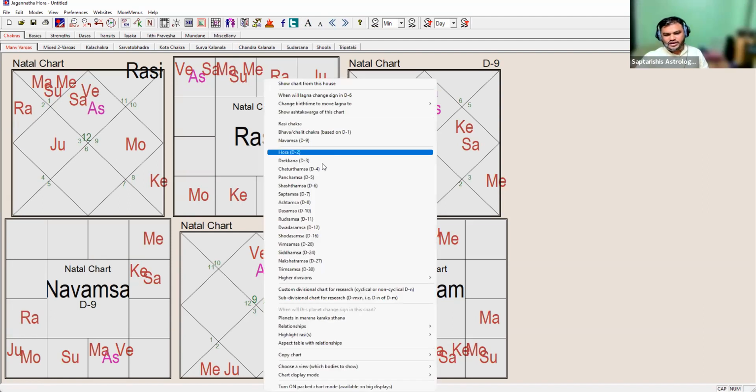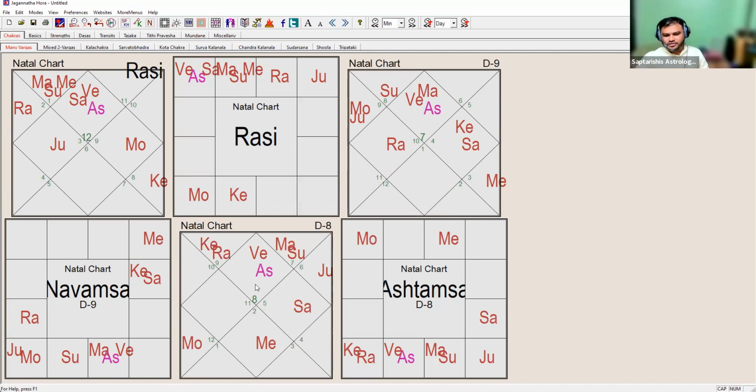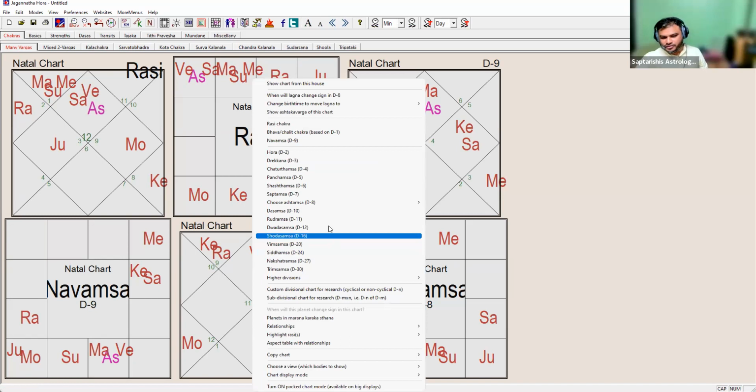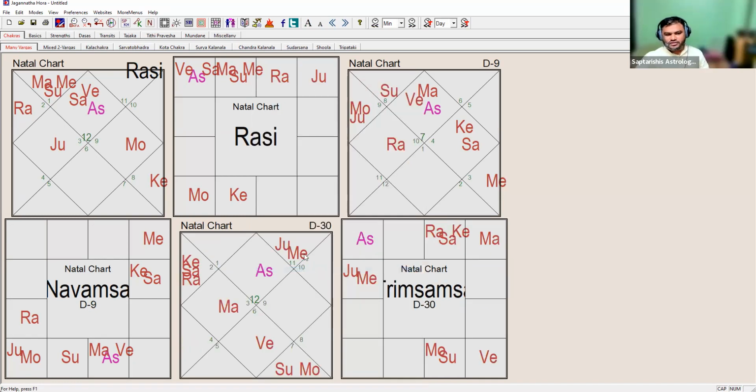Okay, let's say again D6, after D6, D8 we can check. So in D8, which Lagna is there? See, if I include all divisions of the chart, it will make you more confused. So directly I can jump to the important ones. D12, D30 you can see. Pisces, again Lagna is same. D30 will show you Shadripu.